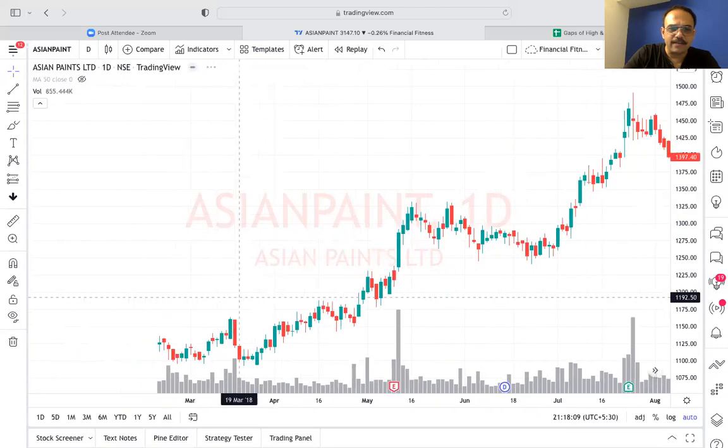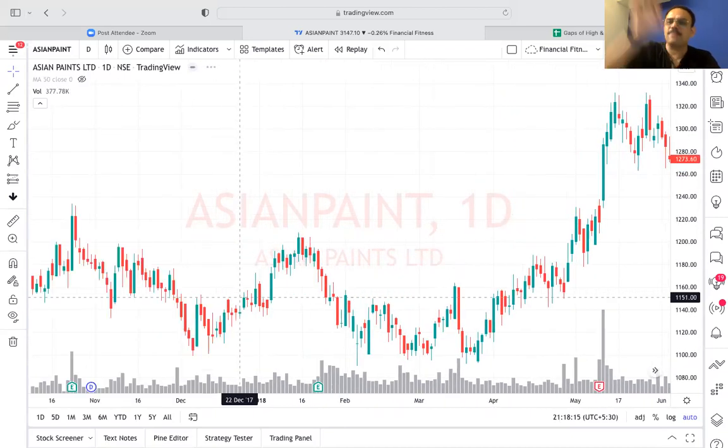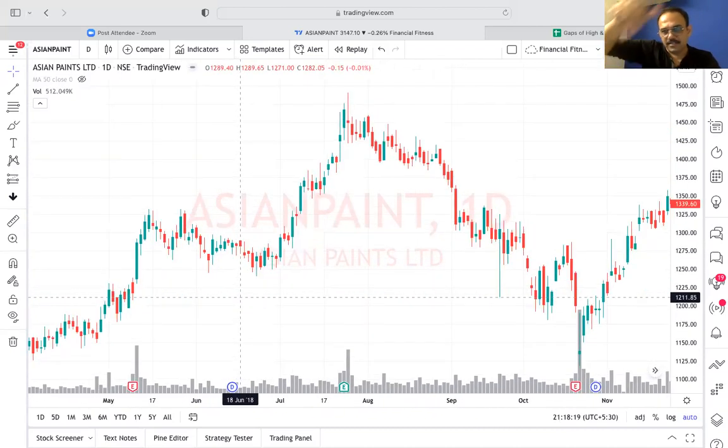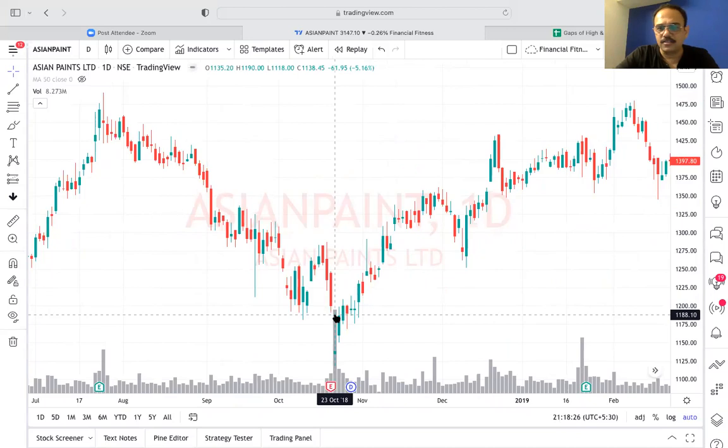So they will wait for a trend to start with a gap. They prefer, if a trend is starting with a gap, they will ride the wave. When it is coming down and there is a breakaway gap, gap down with a lot of volume, they will start